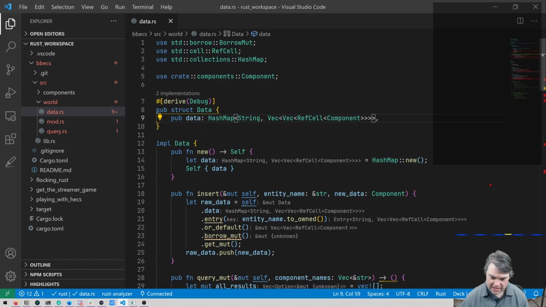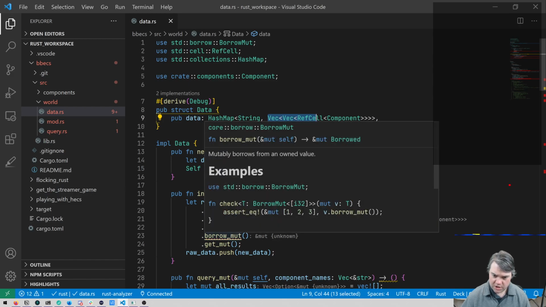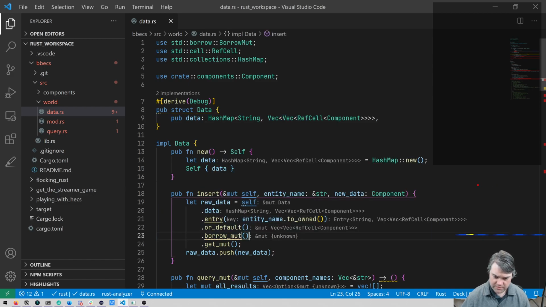We got the raw entry or default, which is going to create an empty vector. Then we have this borrow mut. So this is borrowing mut from,